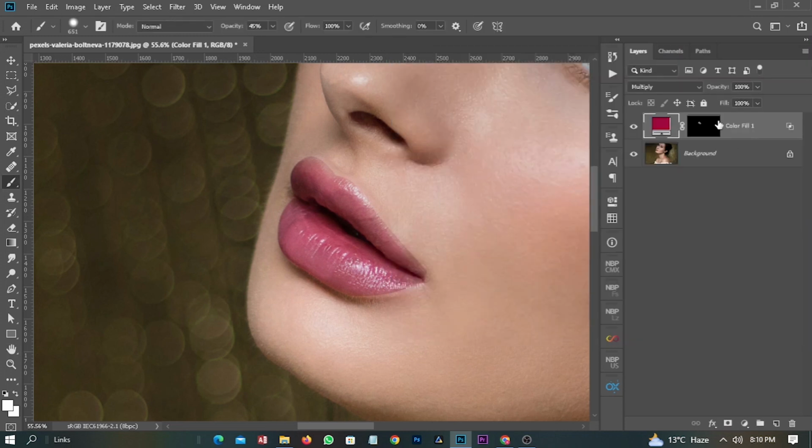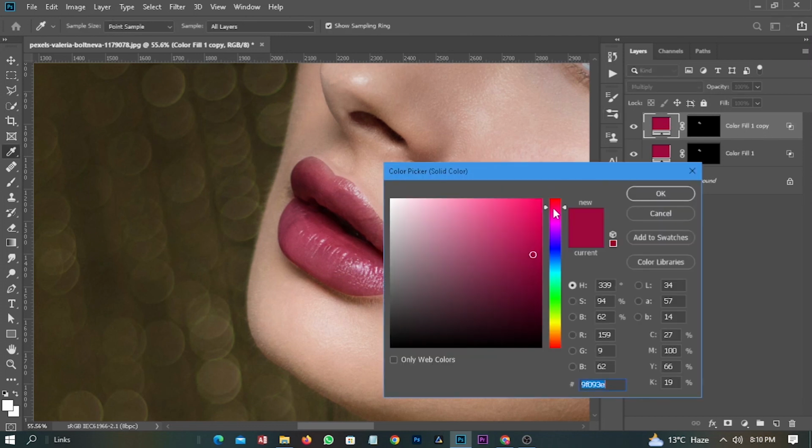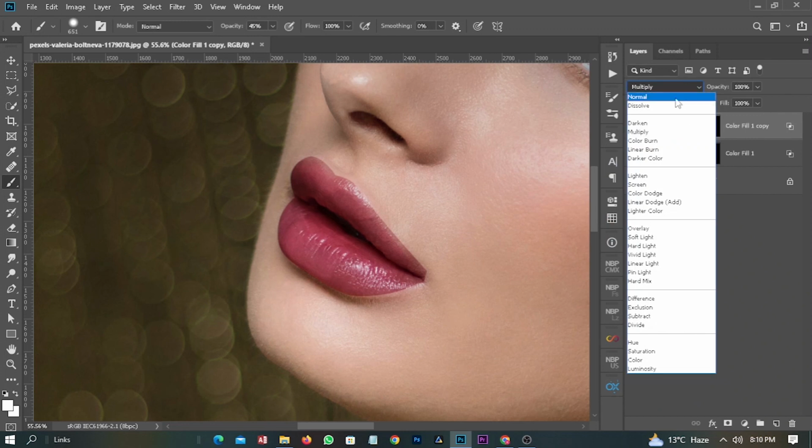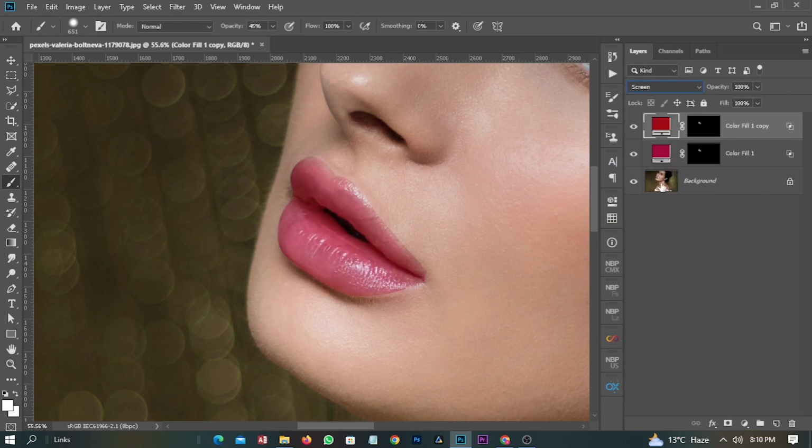Now make a copy of this layer by pressing Ctrl or Command J. Now change the color to something like red. Now change the blending mode of it to screen. Double click on the layer